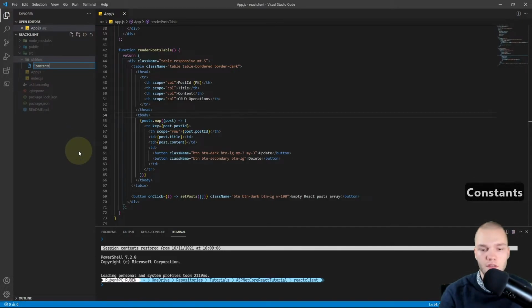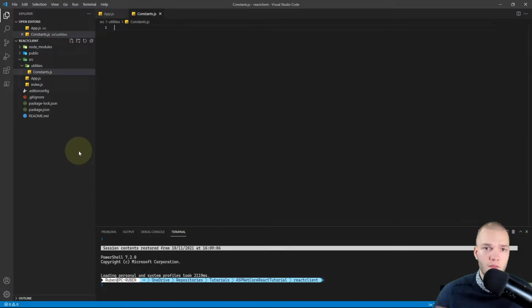constants.js. Okay, so we're gonna have two API URLs here, one for our local development environment and one for our production environment running in an Azure Static Web App. So let's start with our development environment.